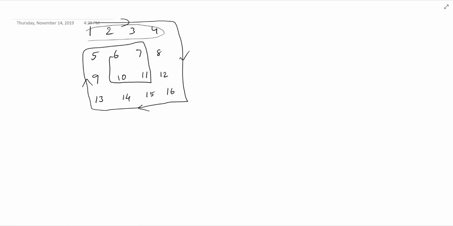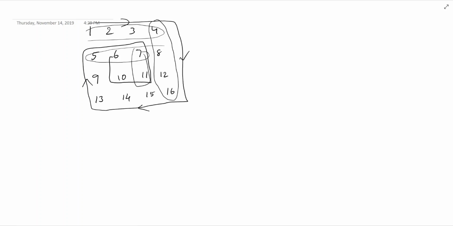The next left to right should be this part, and the same with top to bottom, we should take out this, and the next top to bottom should be this part. In order to do this, we need to keep track of the directions and also the row and column values. In this case,